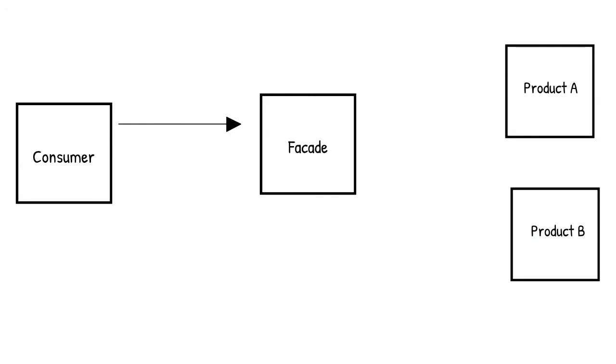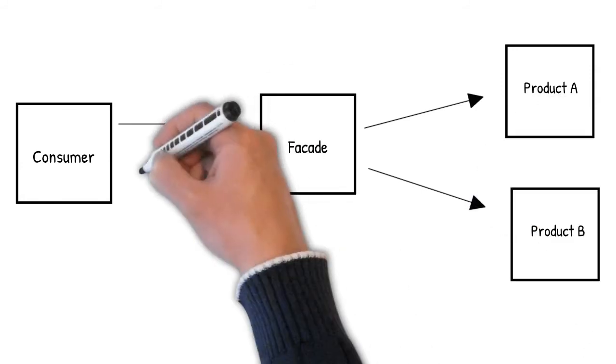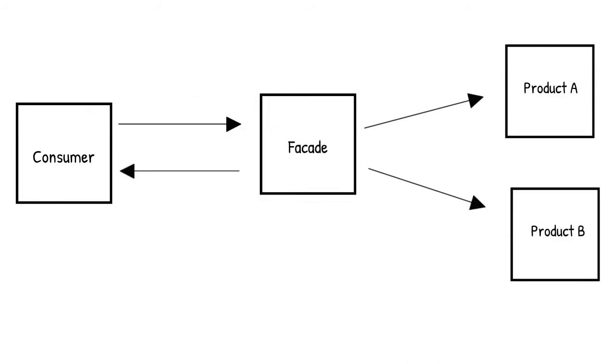Now let's try to understand the facade pattern with the help of block diagrams, where the consumer wants to consume different sets of products and each product carries its own overhead and complexity to consume it in the right way. Now the facade pattern here acts as a helper that reduces or hides the complexity of every product for the consumer and creates a single point of contact so that the consumer can consume different products without worrying what their complexity is.